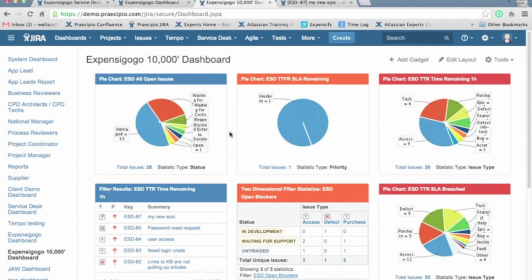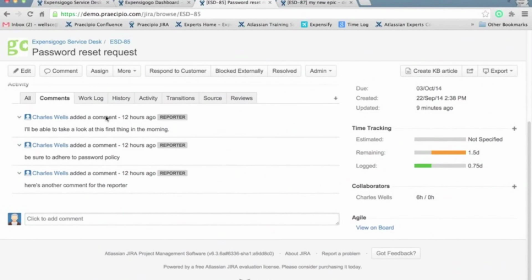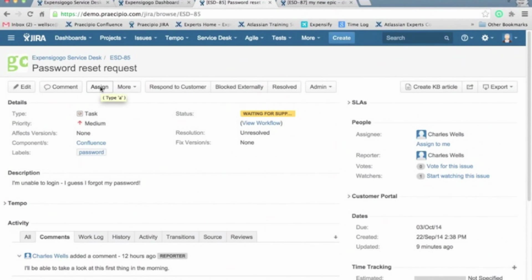Great. Okay, and then we have one more. Can I reassign issues to a programmer in one screen? Yep. So if we go look at our specific ticket, ESD-85, on any particular ticket, I've got the assign button. So currently I'm listed as the assignee. I can change that